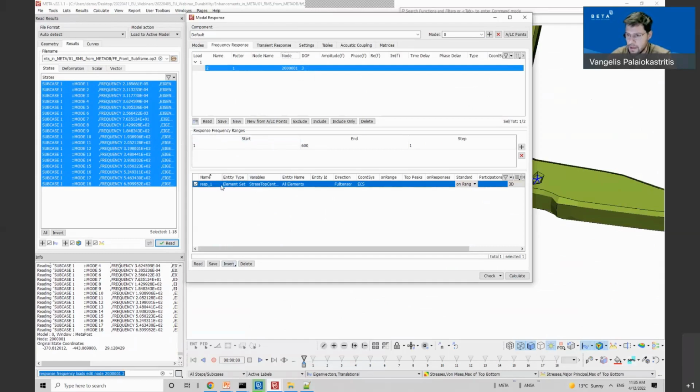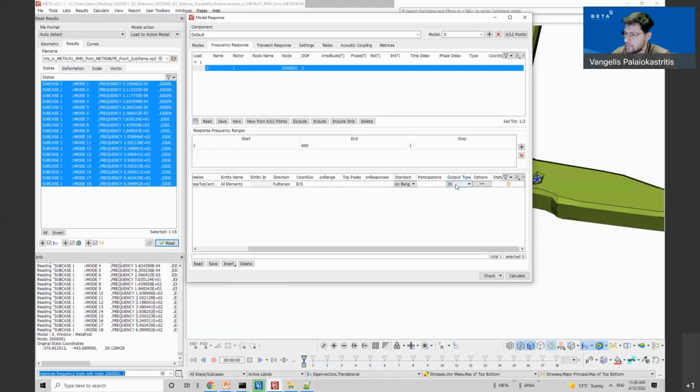Here I will specify where the calculation will take place. So I will calculate for all the elements of the model, the full tensor on the frequency range that I have specified.